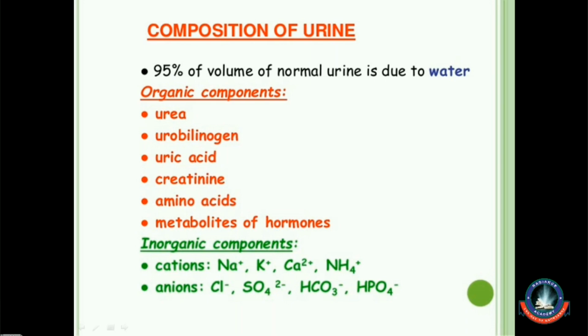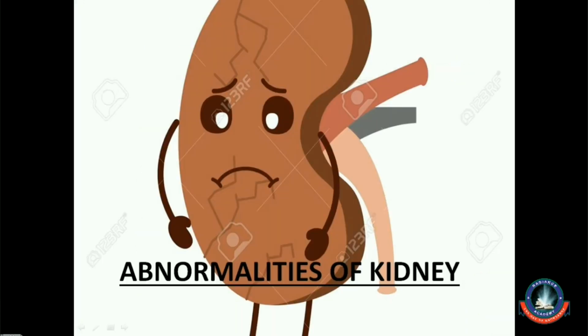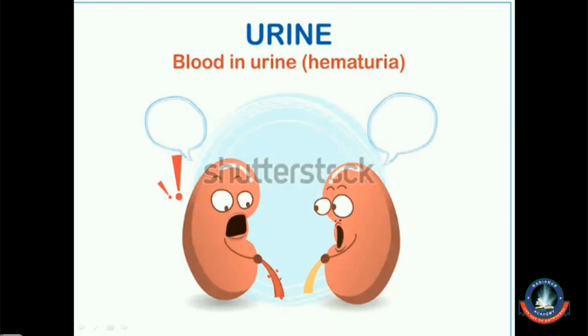So next, we will discuss the abnormalities of kidneys. The first abnormality or disorder of the urine is hematuria, which is the presence of blood cells. Basically when you urinate, blood is being passed out as well. It gives a red coloration to your urine and that is known as hematuria. This could be due to an infection in your urinary tract, or a tumor, or a kidney stone. There are different factors which make it happen. Your RBCs are large molecules, they cannot even change their shape, so they are not supposed to be present in your urine.